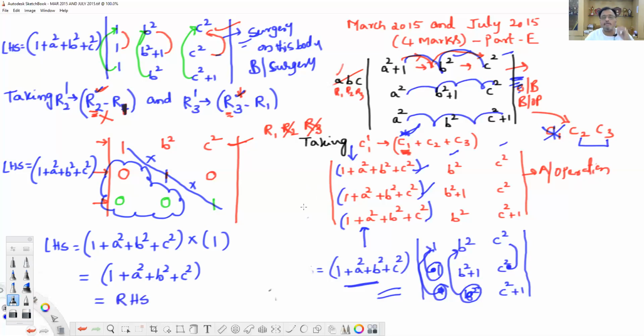Dear student, this is an important point. Always, I told you again, this is the original determinant. On this determinant, we are doing the operation. This is the determinant just after operating. After the operation, definitely there will be some change as well as some unchanged part. The complete determinant cannot be changed after the operation. So you can remember this one. Thank you, dear students. Please note it down.